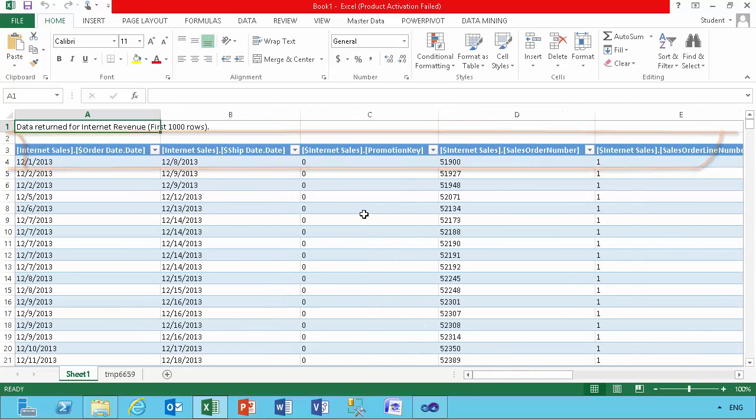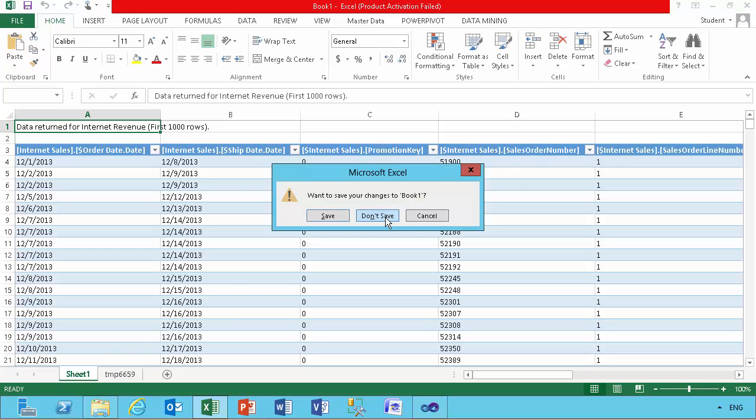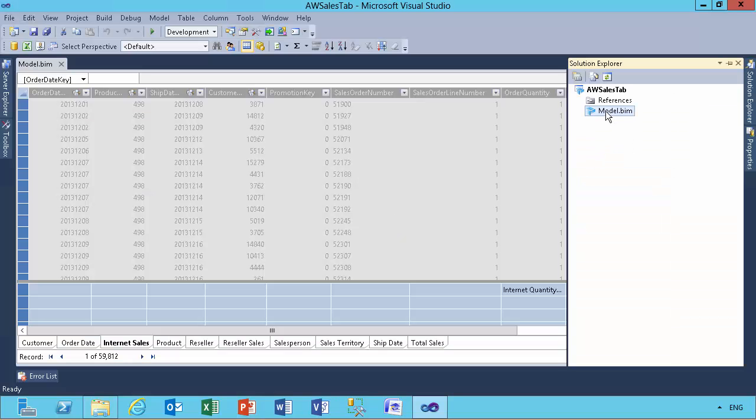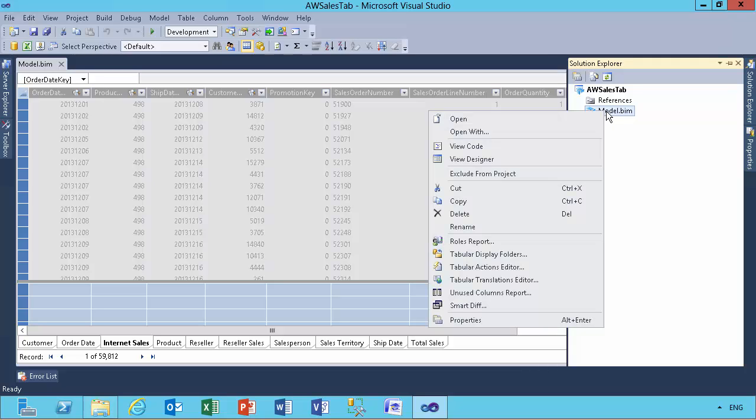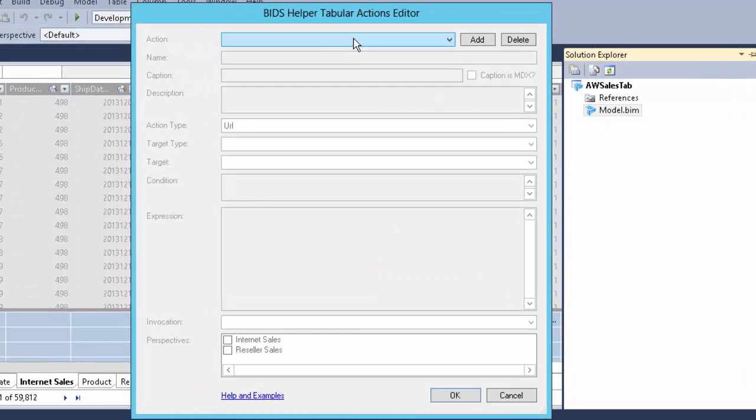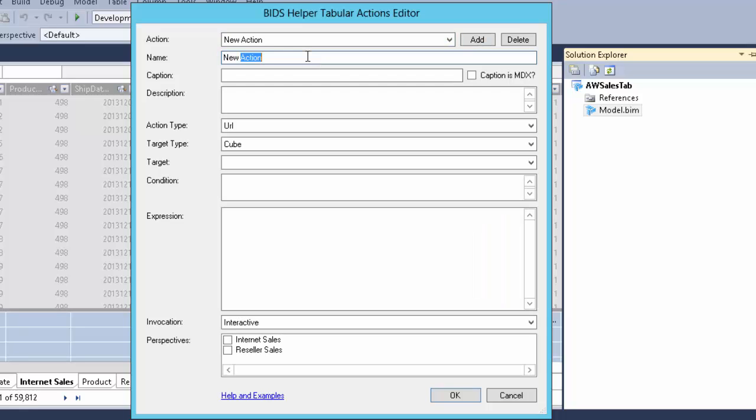and again, it's not very useful data, but that's the default behavior that I get out of the box with my drill through action. So I'm going to close Excel, not going to save anything, and I'm going to change that behavior. To do this before, I would have had to edit the model file manually, but with BIDS Helper, I've got a GUI based tool. I can right click the model and choose this tabular actions editor, and we'll create a new tabular action by clicking the add button. We'll name this one Internet Details,